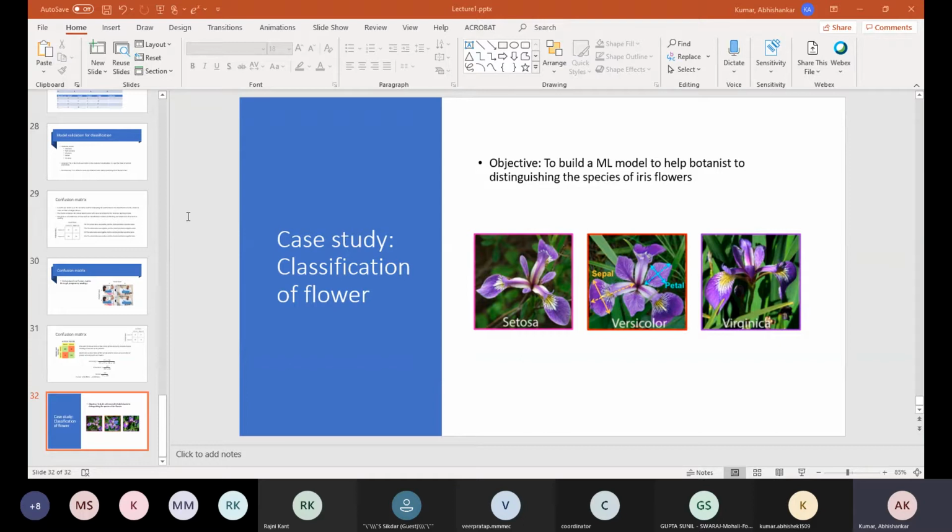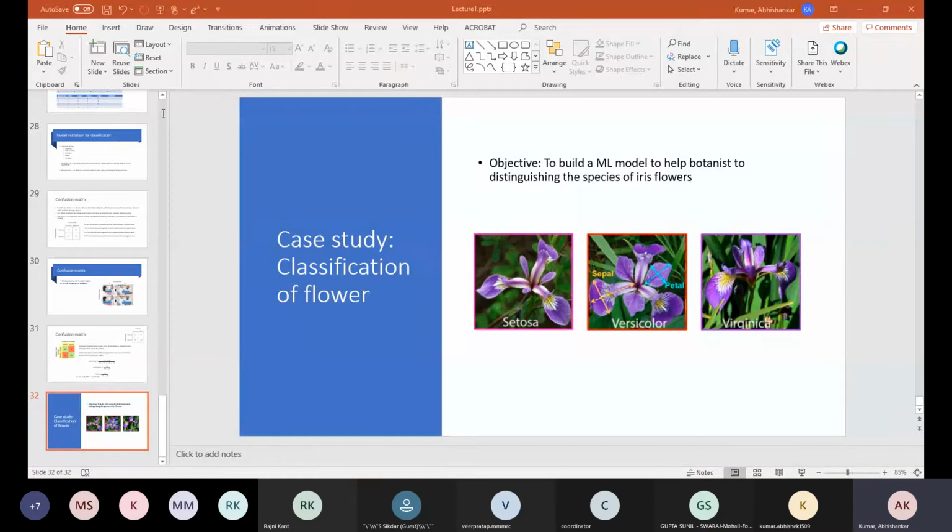And what is a data frame actually? I think you have learned this last year, last semester. What is a data frame? So it is labeled data. It is data in table format, correct? Okay, so we'll go through it. First we are importing pandas, so we will read our data in table format.